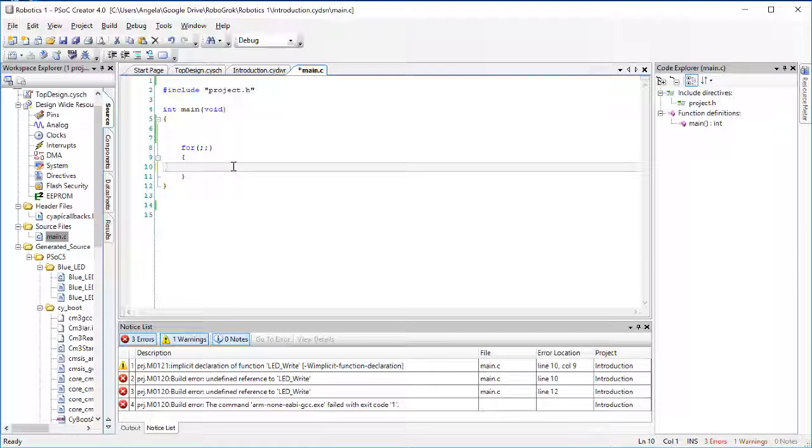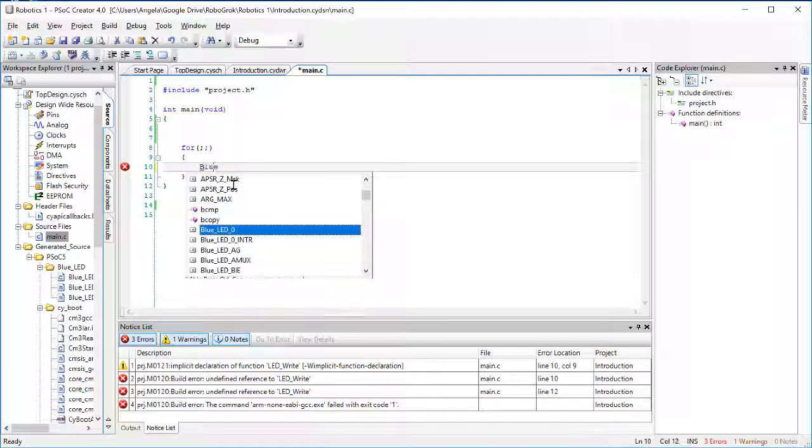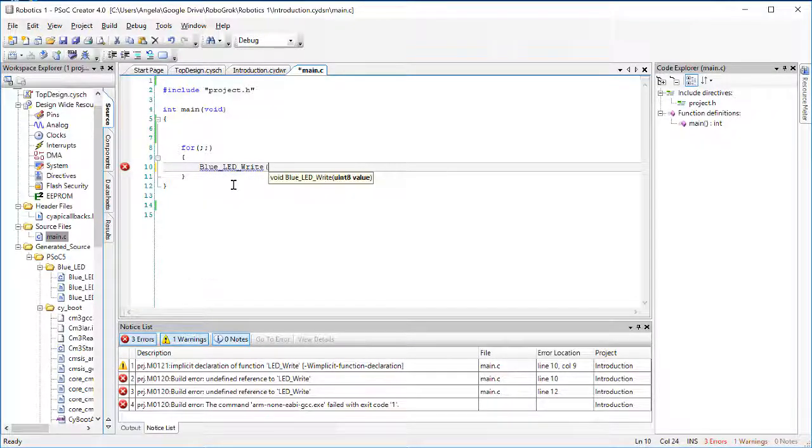I want to write some code that will flash the blue LED 3 times and then flash the white LED 1 time. And I'm going to show you a couple of different ways to do that. So we're going to start with the way that we just learned. We're going to do blue LED, write 1,